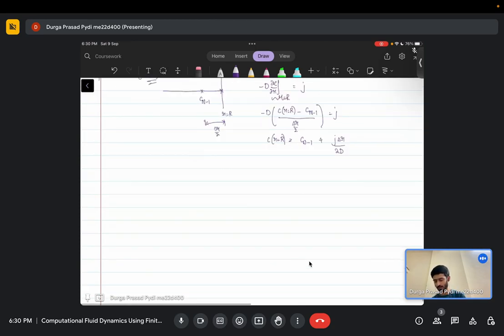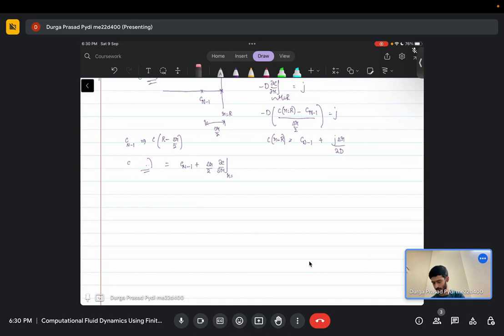So what I am doing essentially here, C at r equal to R is being now written in terms of Cn minus 1 plus, or maybe I should say minus. If we do the Taylor series approximation, Cn minus 1 will correspond to essentially C evaluated at R minus delta R by 2. So if I just do a Taylor series expansion, C at r equal to r can be written as Cn minus 1 plus delta r by 2 del C del r,